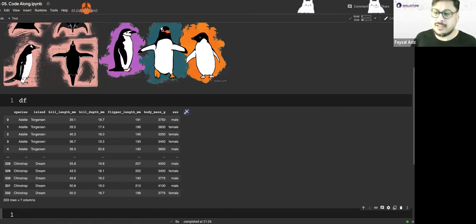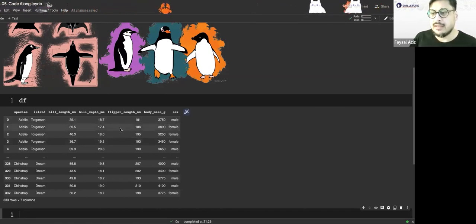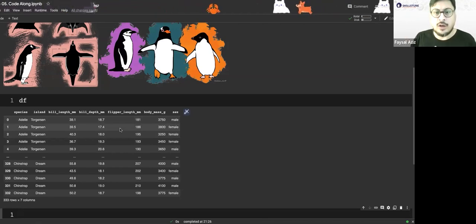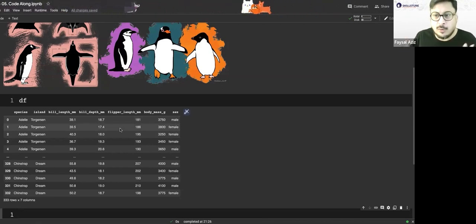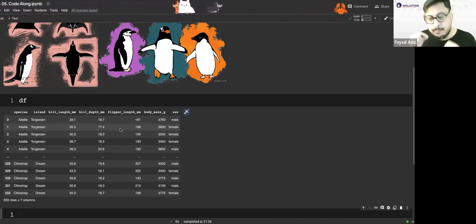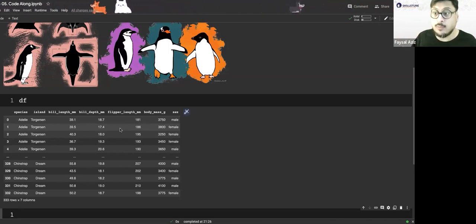I want to see that just based on these measurements, bill length, bill depth, say someone who is not a zoologist or does not know much about penguins, but is good at measuring, measures the bill length and bill depth and sends it to me. Can I say what species this is? Can the computer predict it for me?